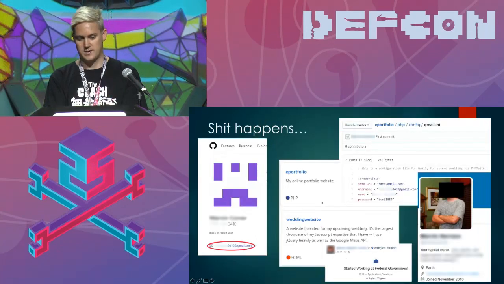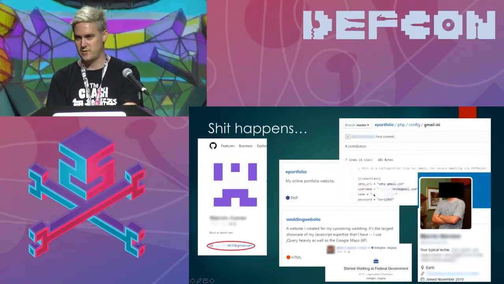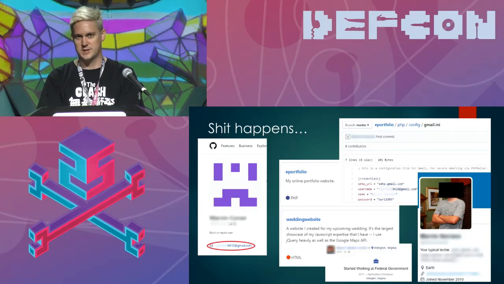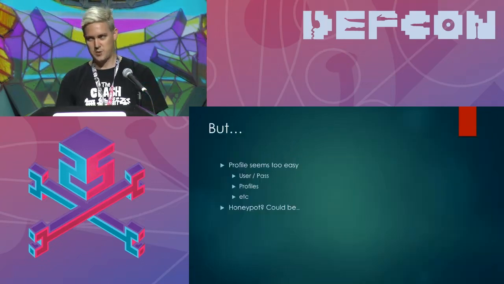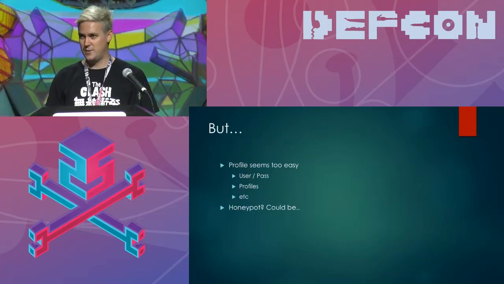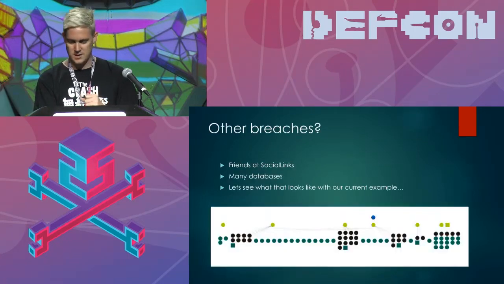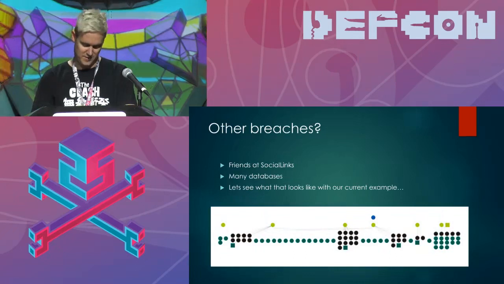And then, of course, we found worse stuff. So there's a GitHub account. And on the GitHub account, he has credentials for Gmail, including his email address, so someone could log into it. And actually, that's probably too much information. If we're looking at it, we'll say that profile seems too easy. To find that much information about a person, including passwords and things, is really unlikely. So it could possibly be a honeypot for them because they know that data is in there. I mean, we can't say for sure, but obviously there's a lot more than just that one person that you could use. All right, then I think I still have a few minutes.